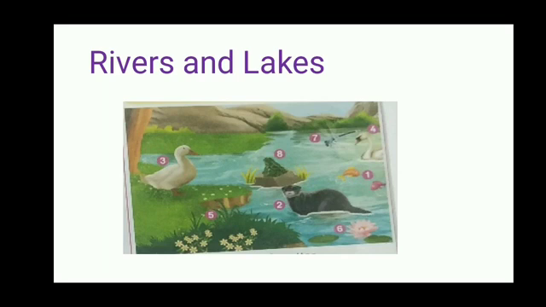Class, rivers and lakes are habitats where we can see both aquatic and land animals and birds. We can take the example of a duck. It can spend its life in rivers or lakes and also comes out of the water. So these habitats are suitable for swans, ducks, snakes, fish and lots of birds and insects. And we can see beautiful plants outside and inside the rivers and lakes too.